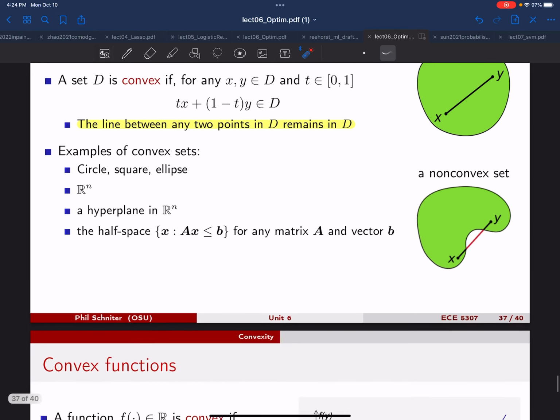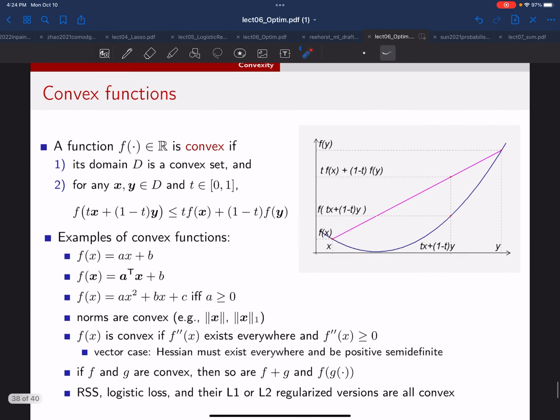Okay, so now that we know what convex sets are, we can talk about what a convex function is. So for a convex function, f, first of all, this is a function returning just a single output. It's not returning multiple outputs, just a single scalar output. So it's convex, number 1, if its domain D is a convex set. And number 2, if for any 2 points in that domain and a number t, which is once again going to interpolate between them,